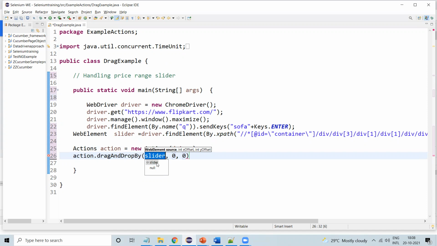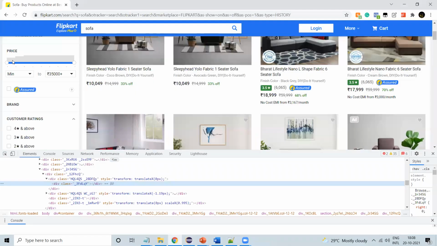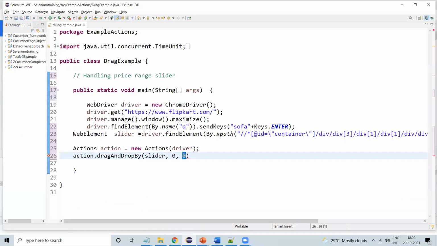I am passing the web element, then X axis and Y. Y we are not going to change, only the X coordinate. So for X I'll give something like 50, then perform.